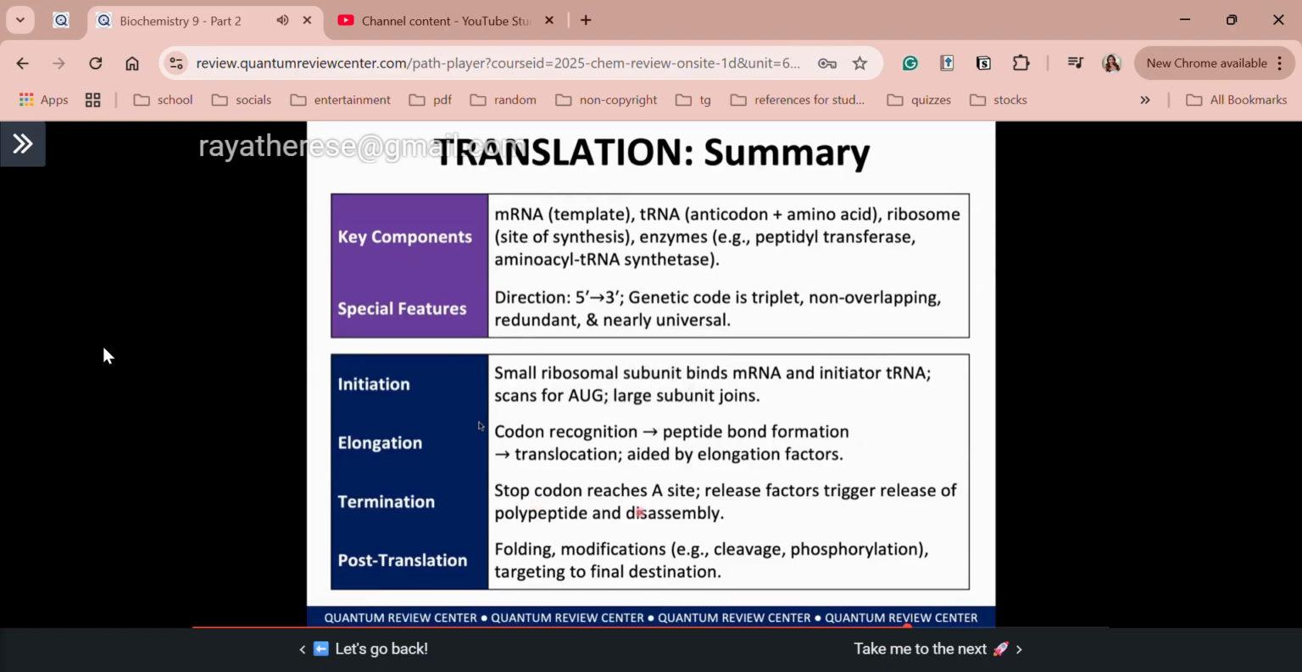Alright, for post-translation, again, we have your folding, modifications, including your cleavage and phosphorylation, which are the main modifications in our proteins. And of course, it is targeted to your proteins' final destination. Okay, so class, that's it for our discussion on translation. So for our last topic in this video, the part 2 of your Crash Course 9, we will briefly